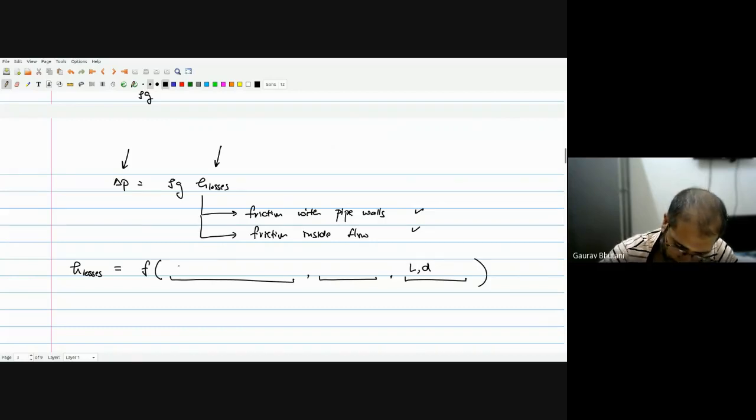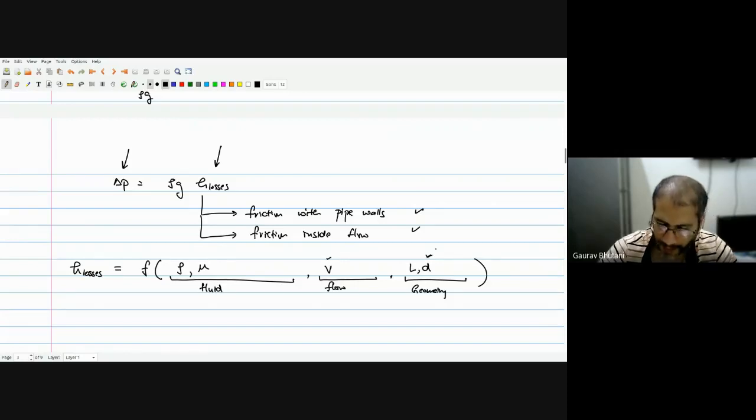And then we'll say fluid. The fluid properties we're talking about are the density of the fluid and the viscosity of the fluid. So changing these will have an effect on the amount of losses. Then we're also talking about the flow properties, which is the velocity. Either you can have velocity and diameter, size and cross section relations given, or you can have the flow rate given. So it's either way.